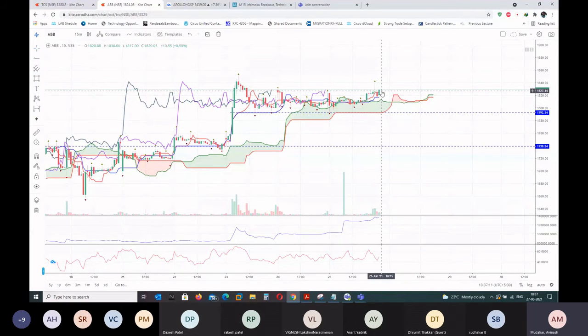So let's suppose you're buying it here, and now you know this Chikou span is going to touch this candle very nearby. So I will not buy it here. The reason behind it is this can touch it. Once this Chikou span goes past this, let's suppose Chikou span comes somewhere around here, then I know, okay, now it's clear. So then if any buy setup is there, I'll take a buy. But right now I'll not buy.